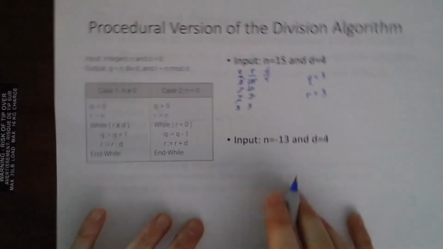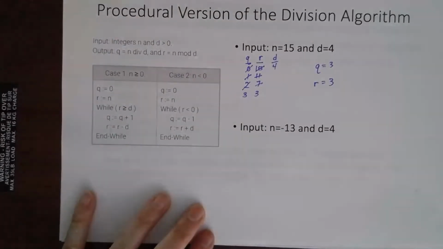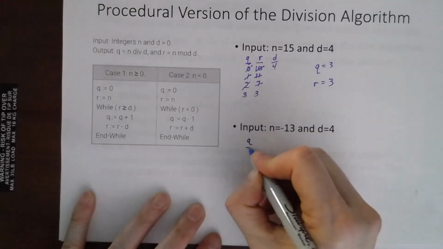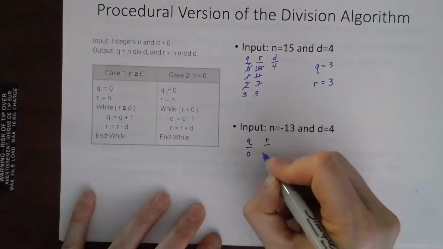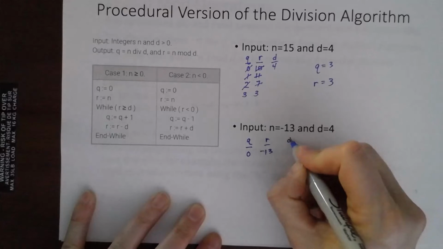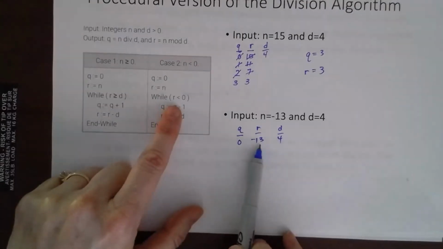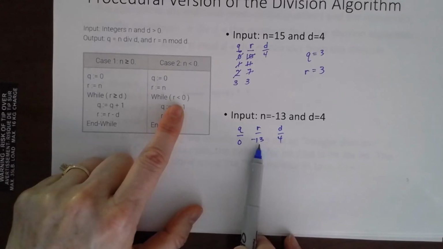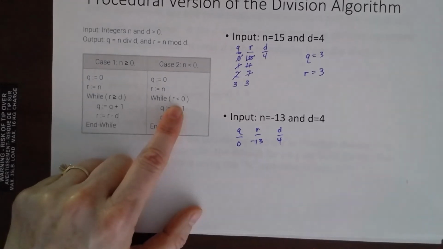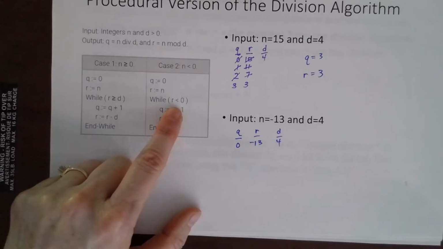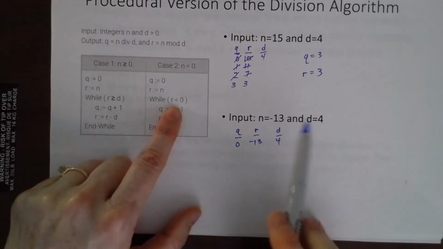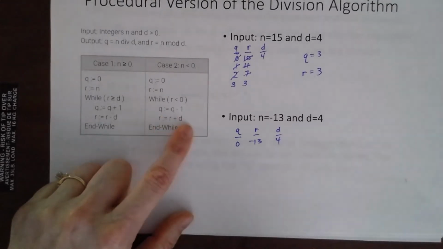Okay. If we started out with a negative number, so we'd have Q is 0, R starts at negative 13, and our D is still 4. So as long as our remainder is less than 0, as long as we have a negative number here, we got to keep adding, okay? Because we can't have a negative remainder. We've seen that. So we'll come in here, and